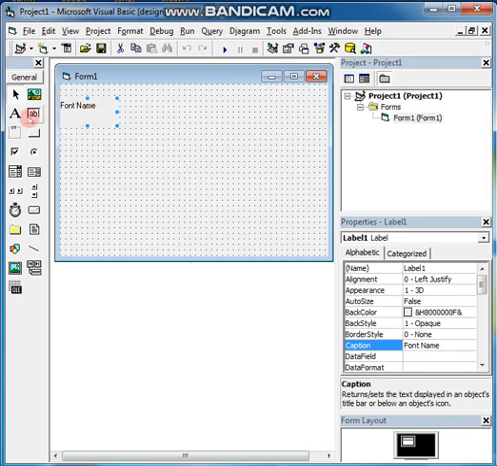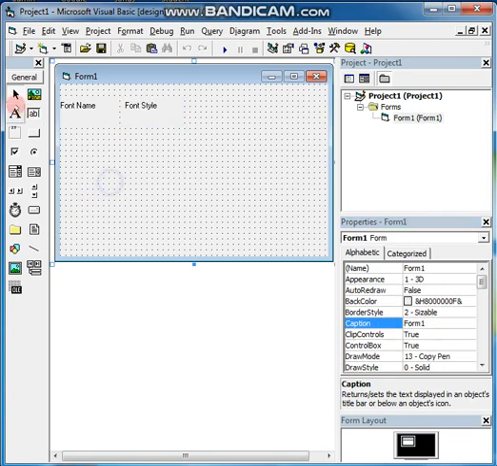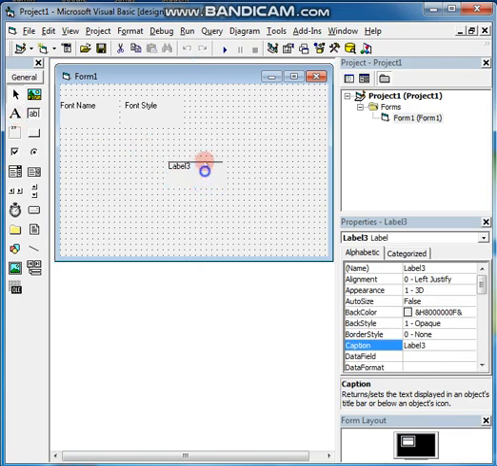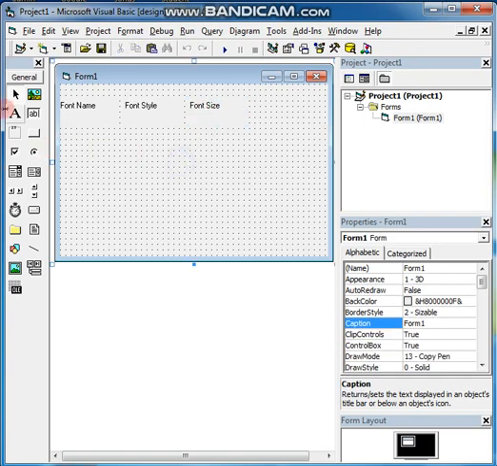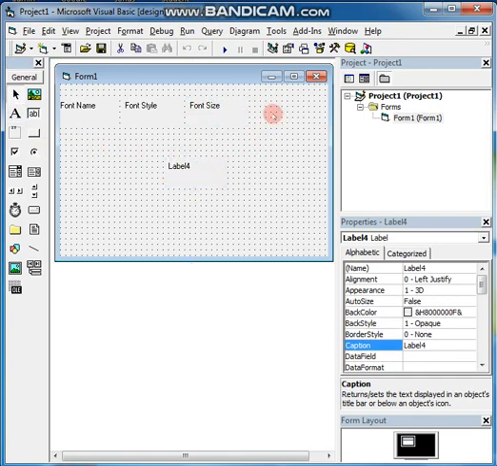Fine. Same way, now I'm taking one more, that is for font style. Okay. Next, I'm taking one more, that is for font size. Fine, students. Then color. Color was not there, but let's try color also because we learn color. So I'm taking here font color. Fine, students.